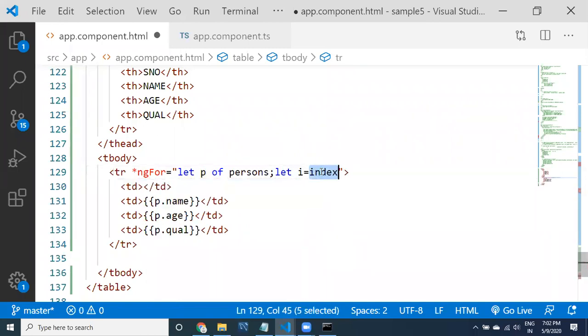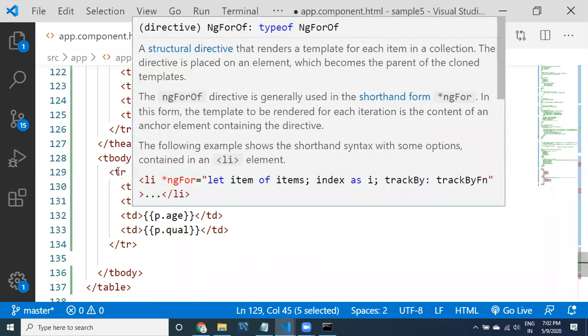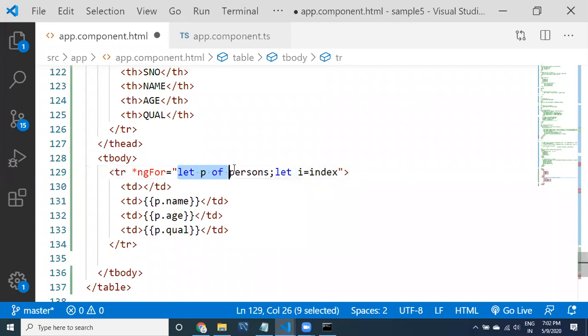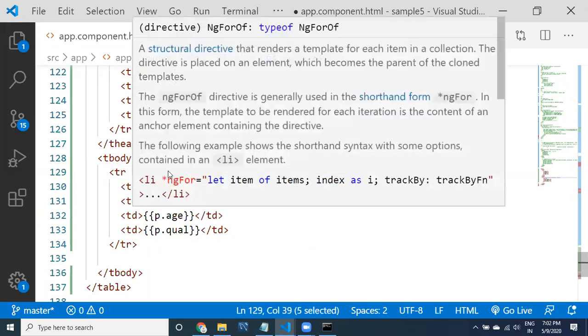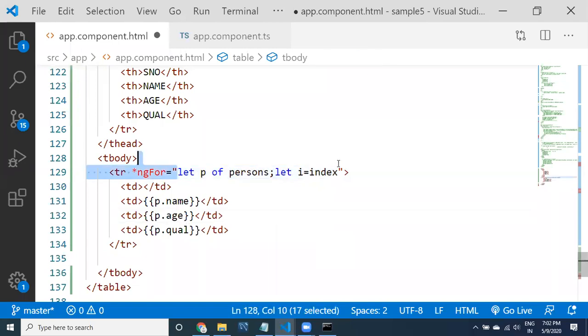Index is already a local variable, available inside this context. Context means this expression. Outside of this expression, index is not available. That's why you are assigning the index value to the i variable.